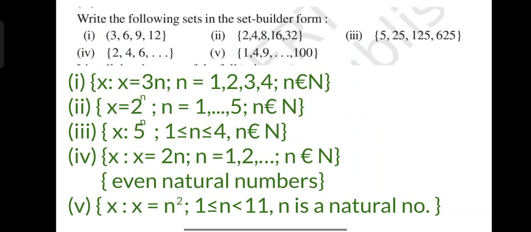Okay, first one represents the multiples of 3, and fourth one, okay, 2, 4, 6, it represents the multiples of 2. So set of all X such that X equal to 3n, and here set of all X such that X equal to 2n. And what all numbers can come in the first one? First 4 multiples we are writing, so n from 1 to 4. Okay, and it should be natural numbers. We can't write 1.5 to 0.3 etc. So we denote n belongs to N, n should be an element of N. Okay, this is the most similar symbol in my keyboard, that's why I included this symbol.